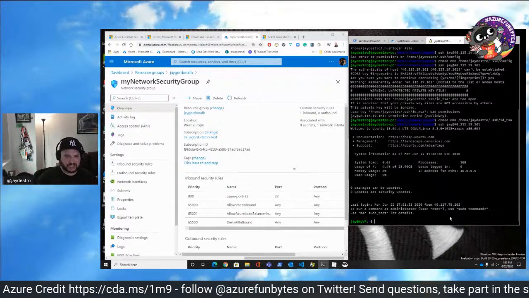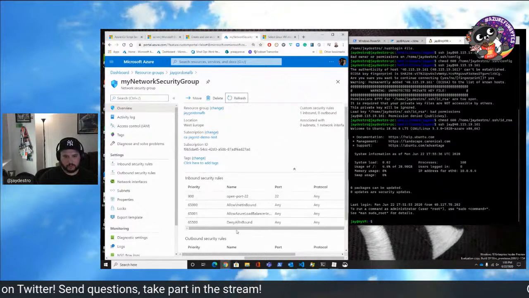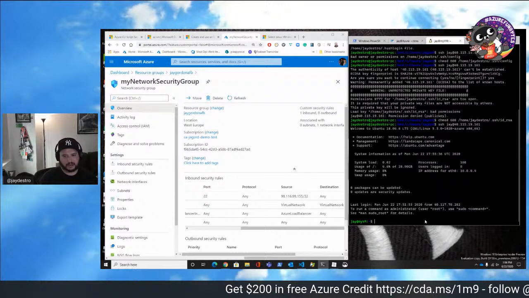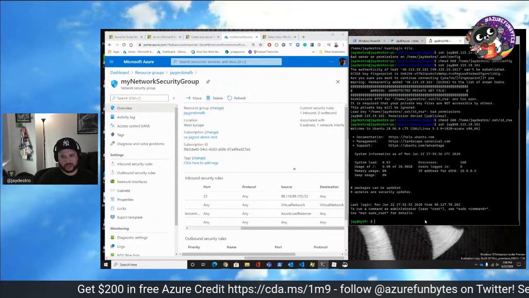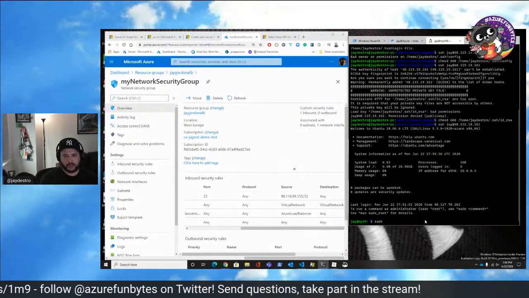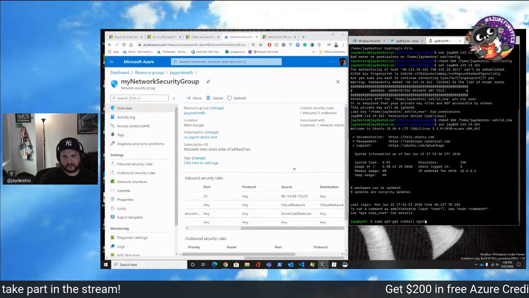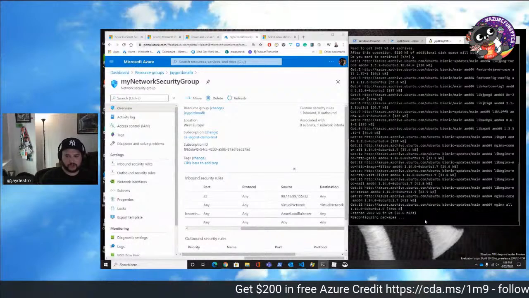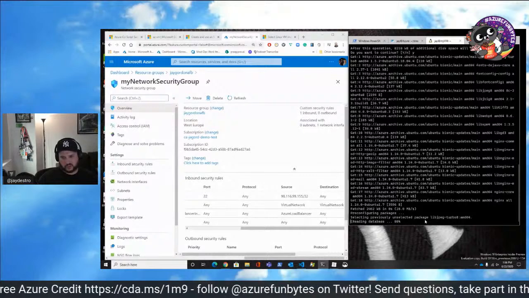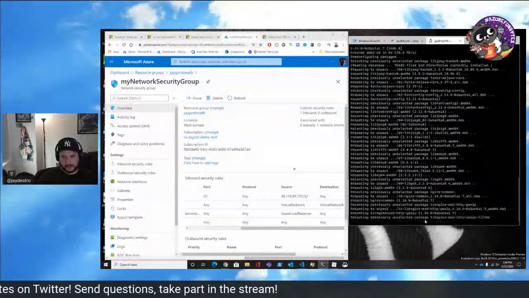So as you can see, my IP network restriction now allows me to open port 22 only to this single IP, which is where I'm communicating from. I was able to get in. Now I want to actually run a web server and then open the port to the web server in the network security group. So I'm going to sudo apt-get install nginx, a very, very simple web server. It's going to use the standard Ubuntu packages. So let's just give it a second.